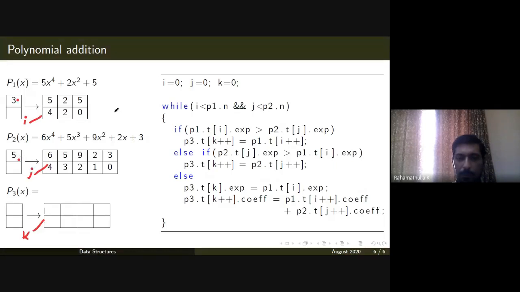It's a looping statement with both i and j, i less than p1 dot n and j less than p2 dot n. If p1 dot t dot i dot exponent is greater than p2 dot t dot j dot exponent, so this is the first exponent and this is the corresponding j exponent, these two are compared. This is the first comparison. Here it is 4 and here also it is 4, right?